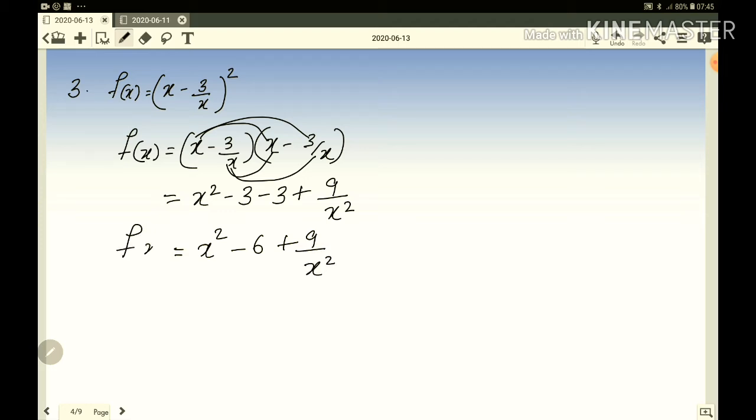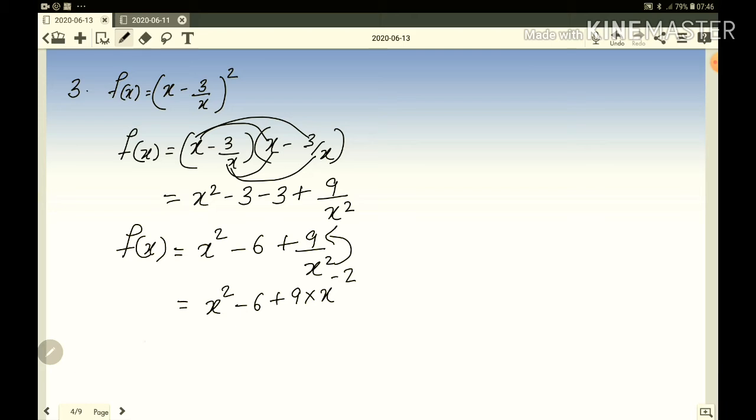So that is still our f of x. Now, is it possible to differentiate? No. Again, what is the problem here? Denominator. The last term has the denominator x squared, so you have to change it. Now you know how to change it. That is x squared minus 6 plus 9 times x to the power minus 2. It has to go up, right? So what will happen? The sign of the power will change. This thing is ready for differentiation.